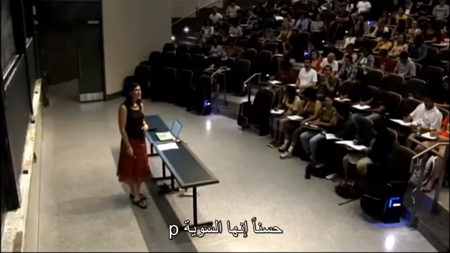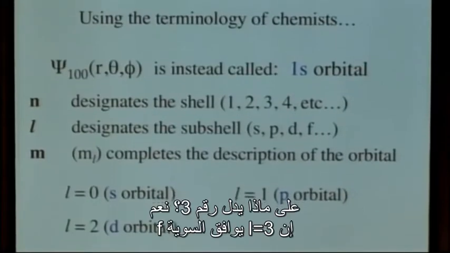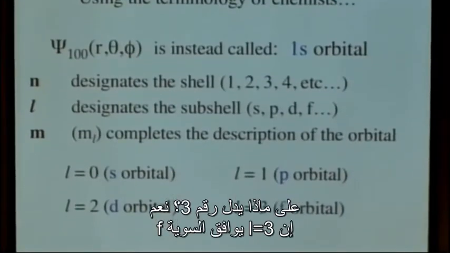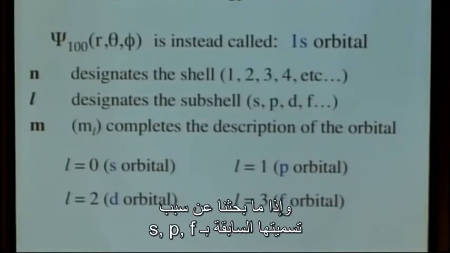It's the P. What about 2, D, and 3? Yep, so 3 is F. So these names don't really make any sense if we're looking at them, why they're called S, P, D,